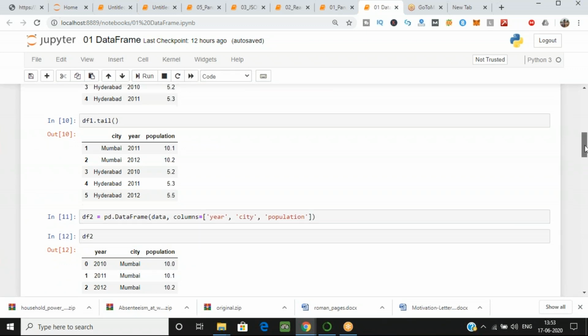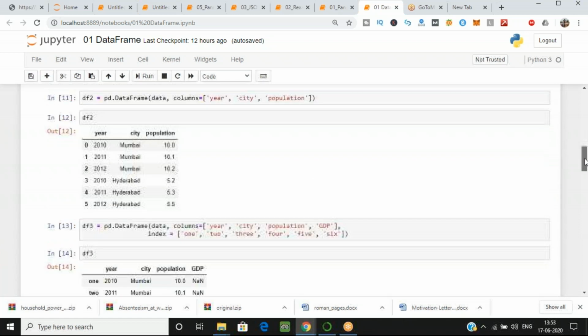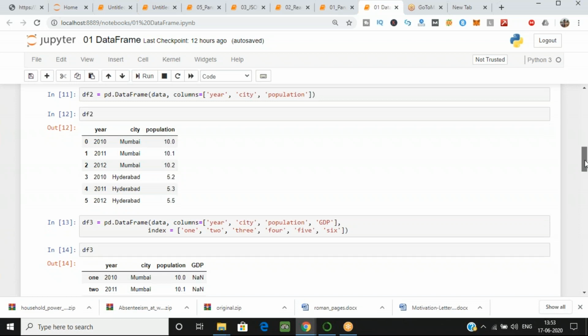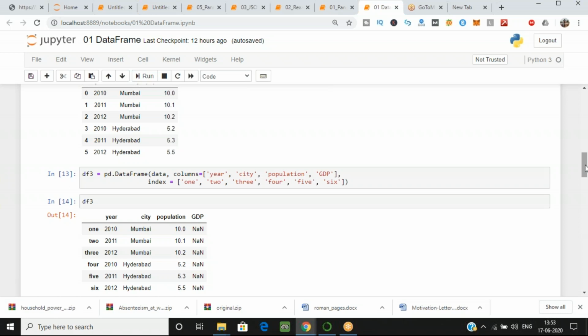Okay. And in the second, you have to add one new column with the name GDP, and you have to give the index value to that, 1, 2, 3, 4, 5, 6, not in numeric form, in string form. Okay, so this is your second task.